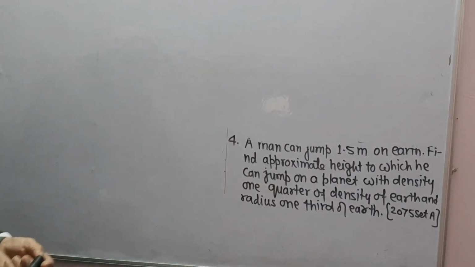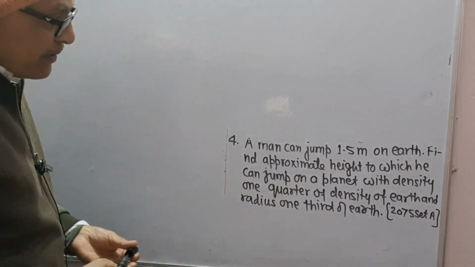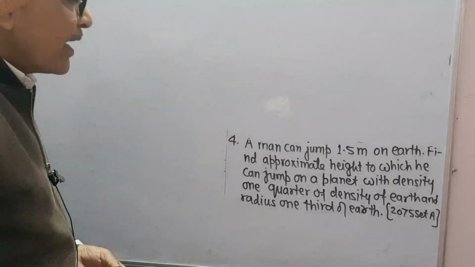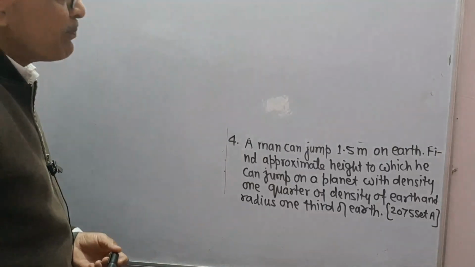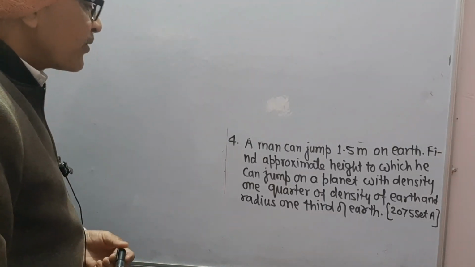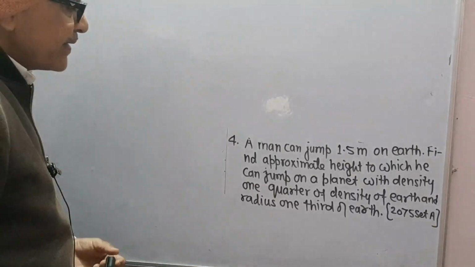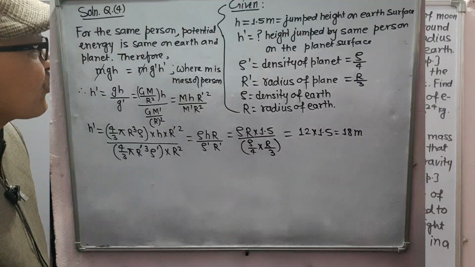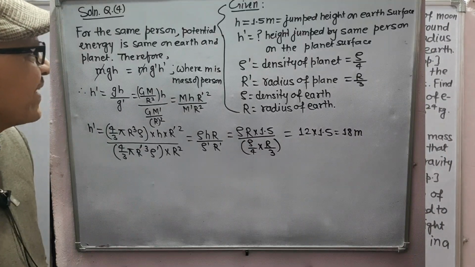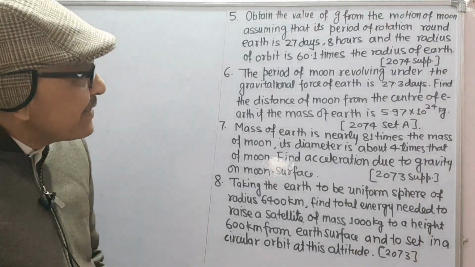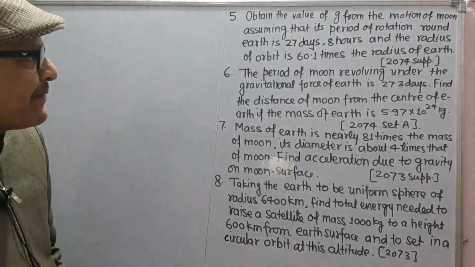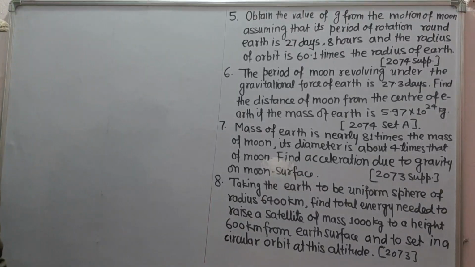Next question number 4. The question is, a man can jump 1.5 meters on Earth. Find approximate height to which he can jump on a planet with density 1/4 of density of Earth and radius 1/3 of that of Earth. Next question number 5. The question is, obtain the value of g from the motion of moon, assuming that its period of rotation round Earth is 27 days, 8 hours, and the radius of orbit is